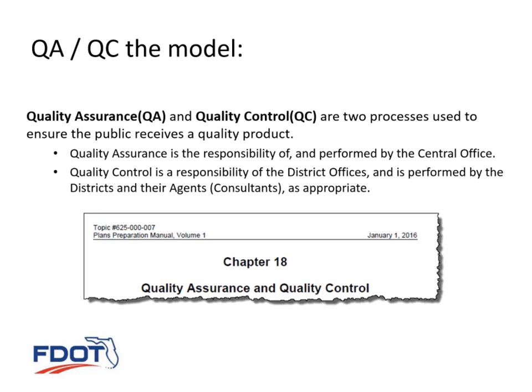When we think about QCing a model, I usually just parallel it to the process for QCing plans. That's always been the responsibility of the designer. It's been part of the scope of work document. Part of what we pay them for is quality control on their plans, and it's no different for the model. We expect the consultants to go through and check the model for accuracy, check it against the plans,